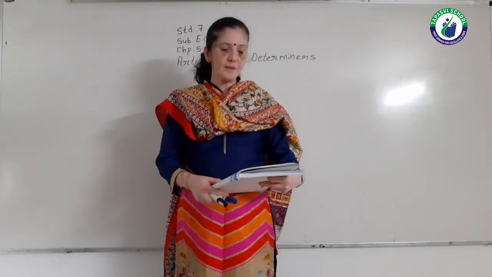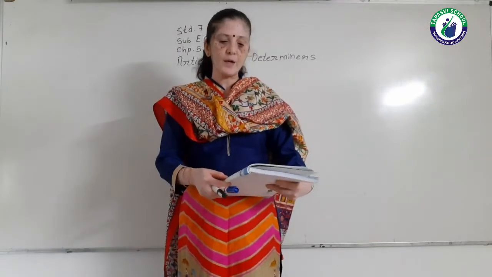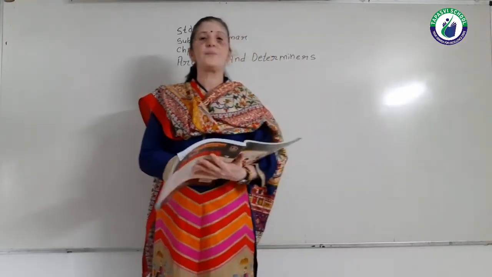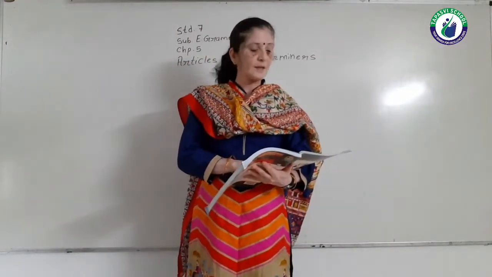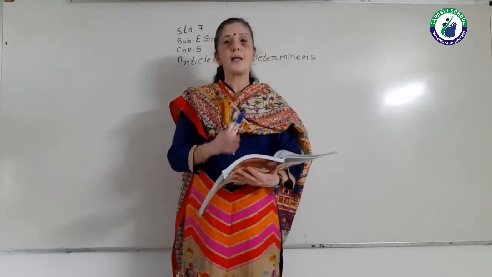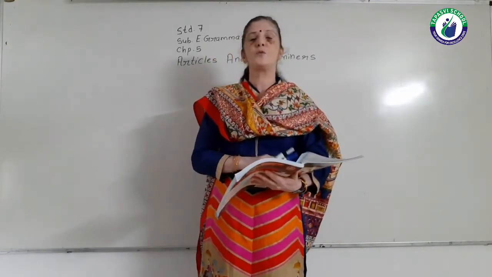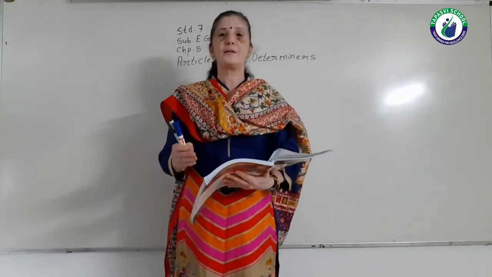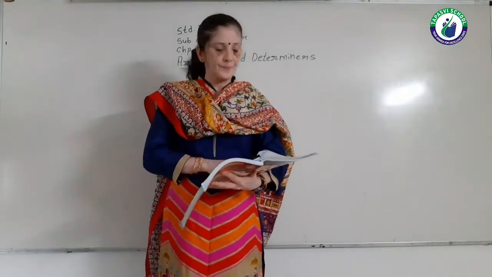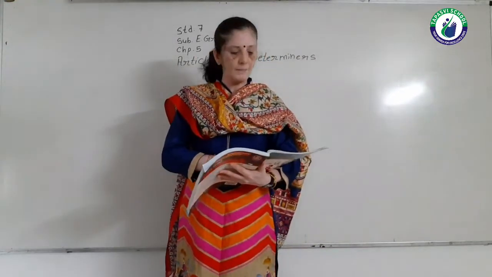What is determiners? Determiners are words that are used before a noun to determine or indicate whether something specific or particular is being referred to. Determiners are those words which are used before a noun to determine or indicate whether something specific or particular is being referred to. Means कुछ specific or particular refer करते हैं. Before that noun we use determiner. For example, these kittens, my friend, any book, a man, etc.